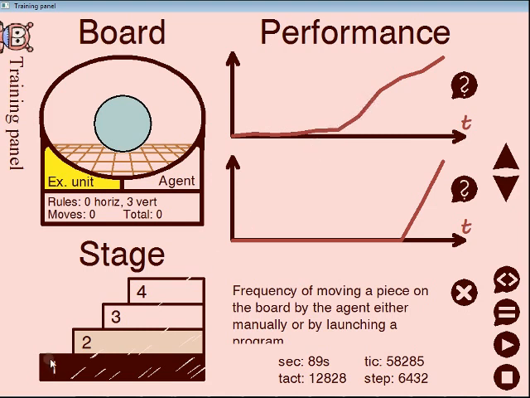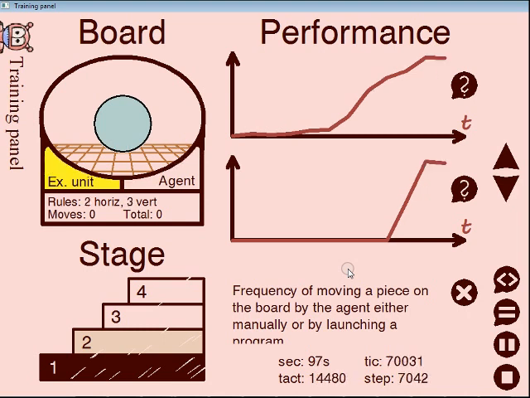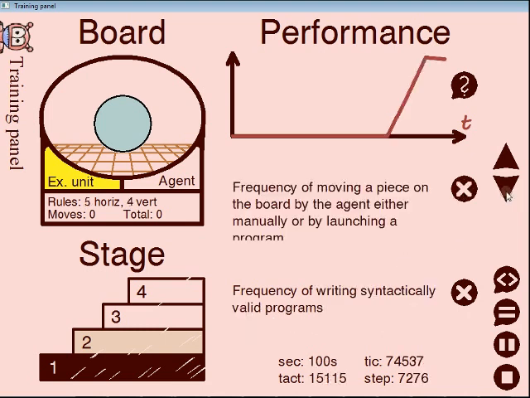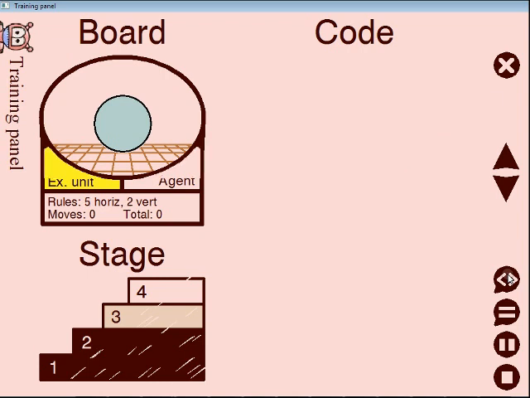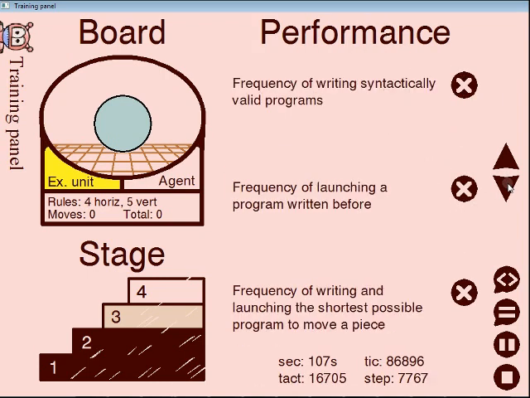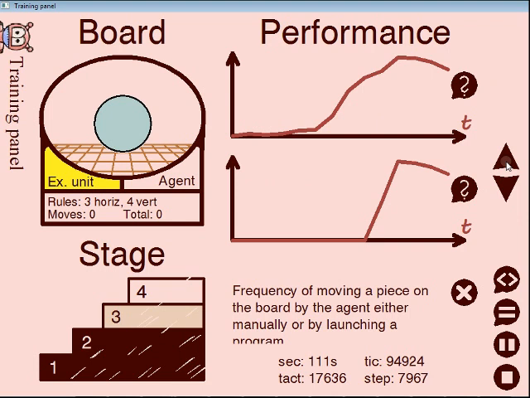We are now on the second stage, and we see the moment of the agent's understanding of the relation between the number designation in the input and numbers expected in the output. And now it has started using this relation in the second stage. The agent doesn't know how to write programs yet and how to move. Though it can try to move the piece already, it just doesn't get rewards for that, so it does not do that regularly. So let's wait a couple of minutes more,